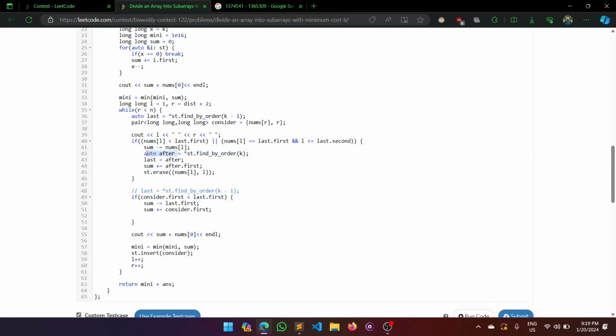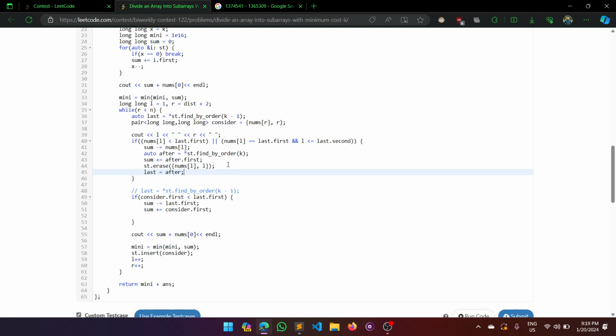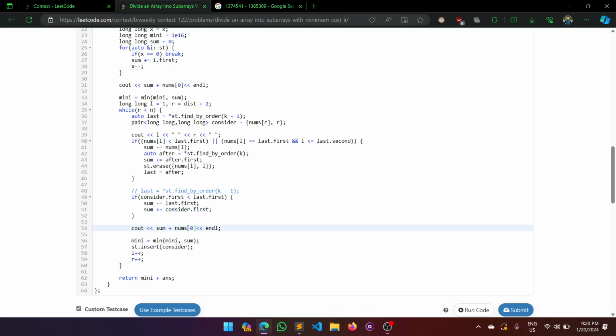Consider it. Erase L from the set and then we'll try to see if consider can be a part of that. If it can become a part of that answer,